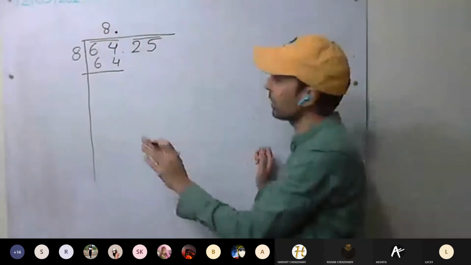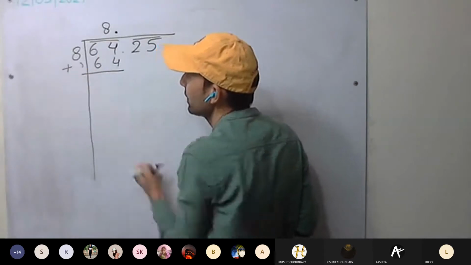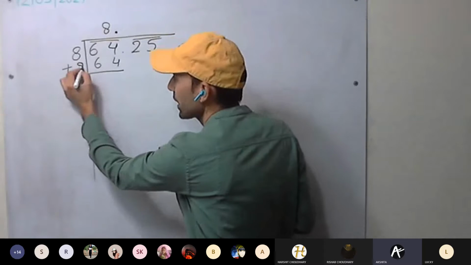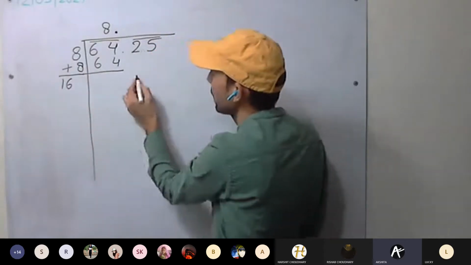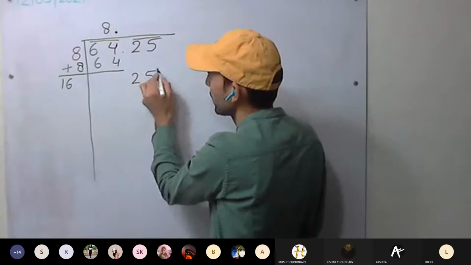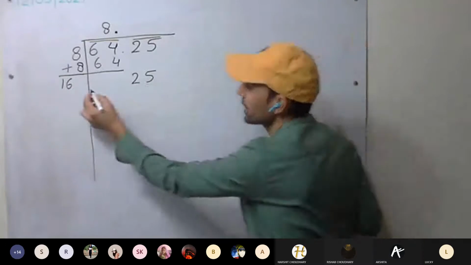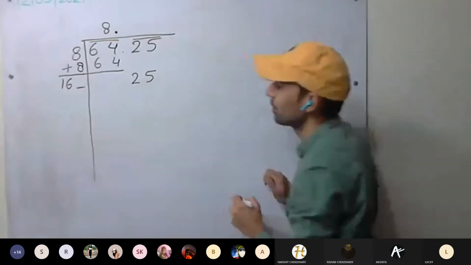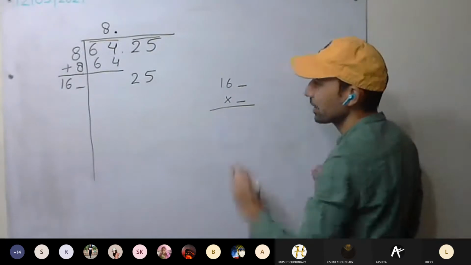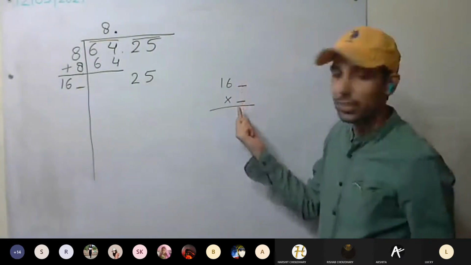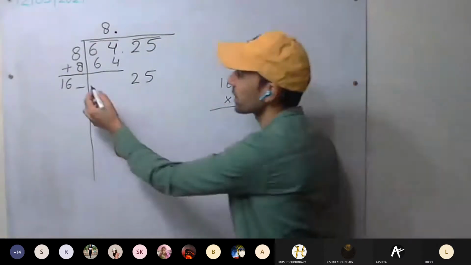Here we have to put the decimal. Here forget about the decimal. Now what do we have to add? 8. How much have you got? 16. And here we have to put 25. Yes or no? Now by what number? This digit as well we have to find. This is multiplied by the same digit. If we take 161 into 1, that is way more, so we have to go with 0.